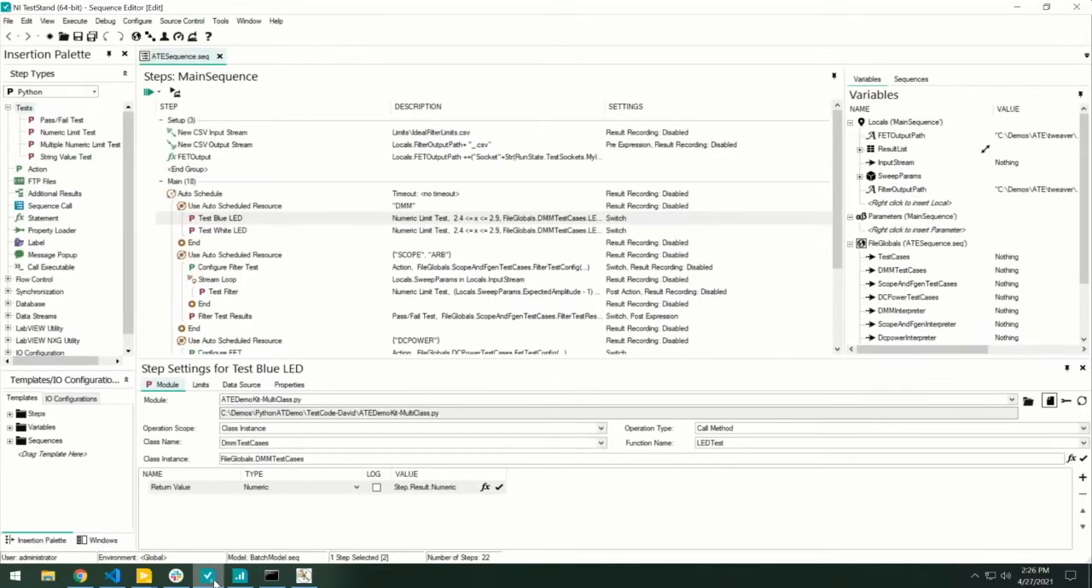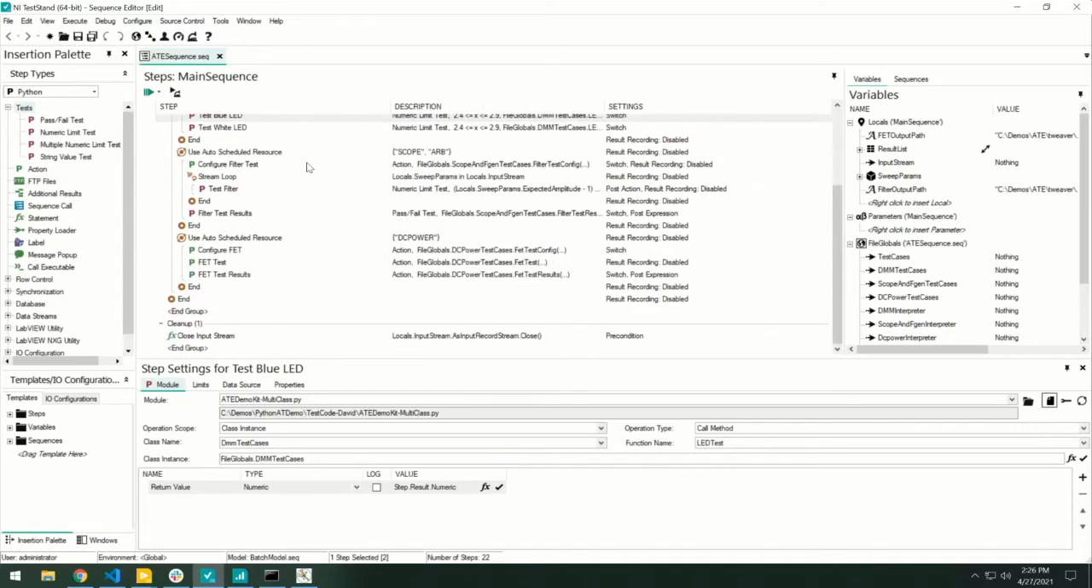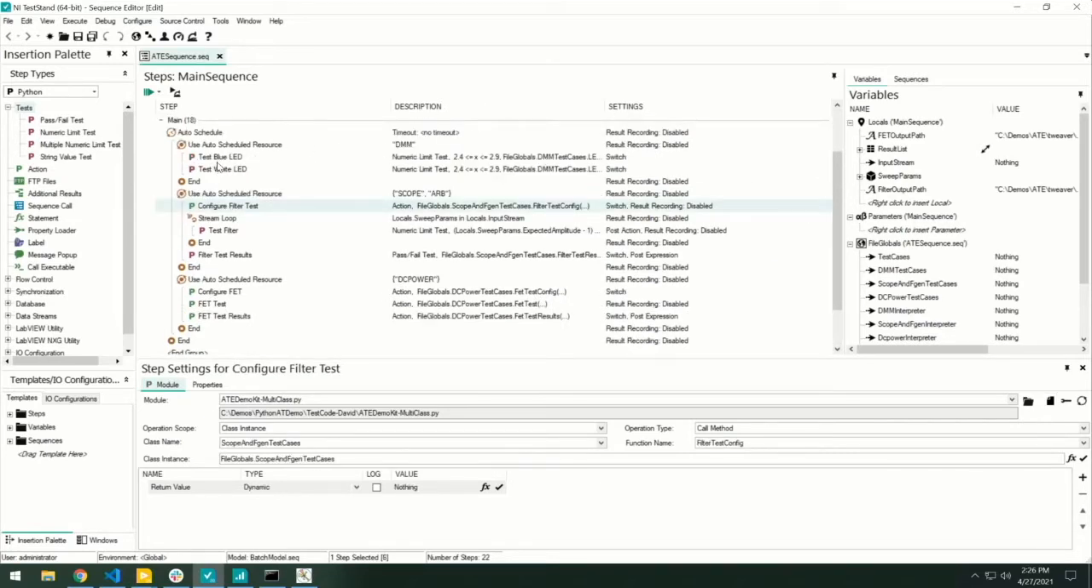Here is our TestStand environment. You can see we have our test sequence here with a number of steps. If we take a look at this specific step, this is our step to test our blue LED on one of our devices here. We're invoking the Python script that contains our test code, scoping down to a pre-created object that we created in an earlier step, and then calling functionality on that. And this is currently configured to